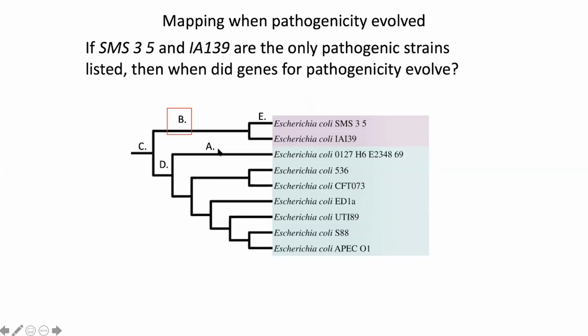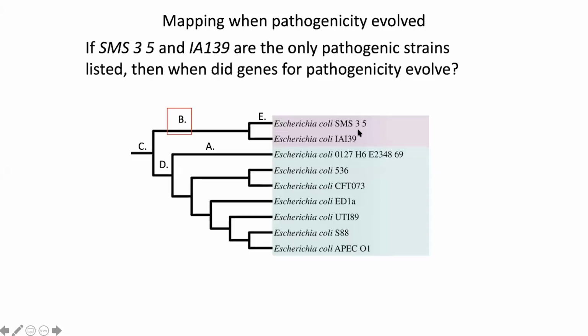And so the way that you read these phylogenies is that along these branches, this is where mutations are occurring, and this is where new phenotypes are occurring. This is where evolution is actually happening. These node points describe the relationship between different groups of taxa, but the evolution doesn't actually happen here. It happens along these branches. And the way that you can see that pathogenicity evolved along this branch B and not E or A or D and so forth is that